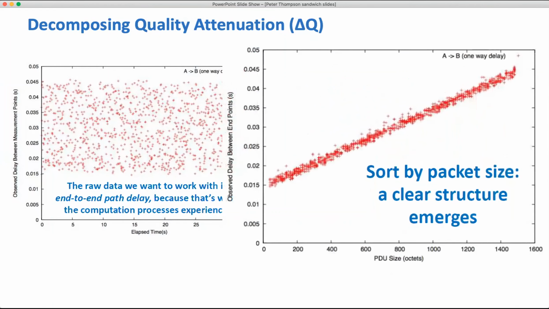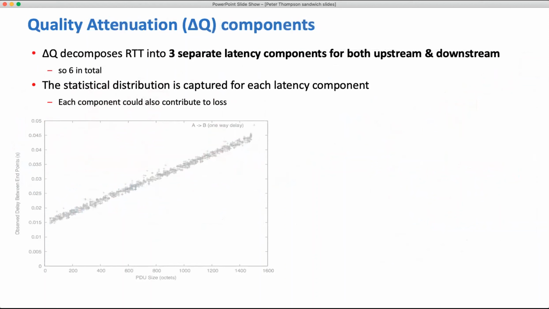One of the things we can do is factor out the way that this depends on packet size. So we can sort all this data by packet size instead of by the time at which it happened, and we start to see some structure. We're going to use this to decompose the round trip time into 3 components, both upstream and downstream. Potentially each of these is statistical, but sometimes we can reduce them to a number, which makes life a bit simpler. So we fit a line to this